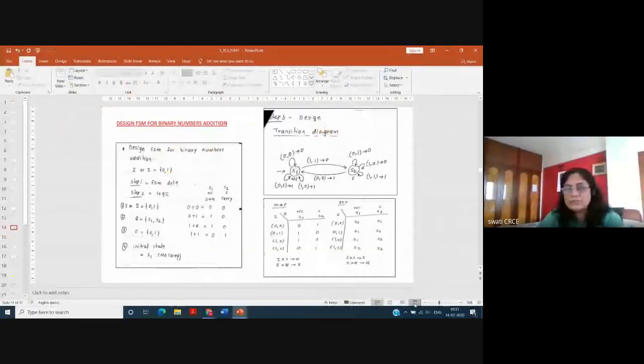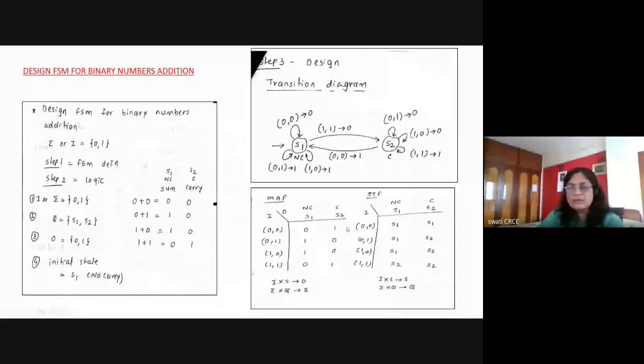Here, drawing the transition table is not a difficult task. You just look at the diagram and draw the transition table. So what I'm doing here is that for MF and STF, I'm drawing the table. In the table, the left-hand side contains capital I, and here we write down the states. Always remember, input is at the left-hand side, and states are represented horizontally. So I'm just drawing these two tables, MF and STF, S1, S2, all the inputs.